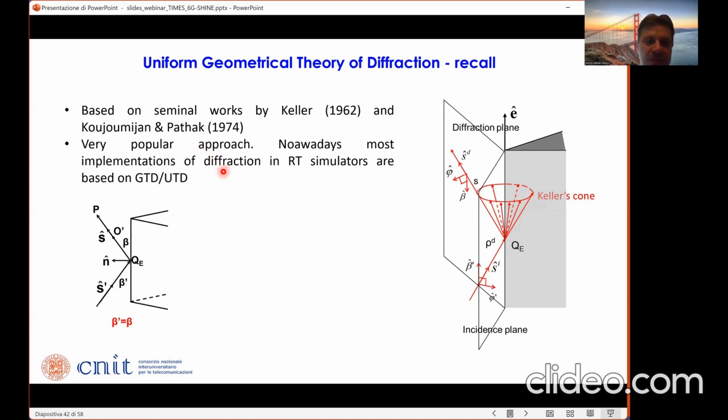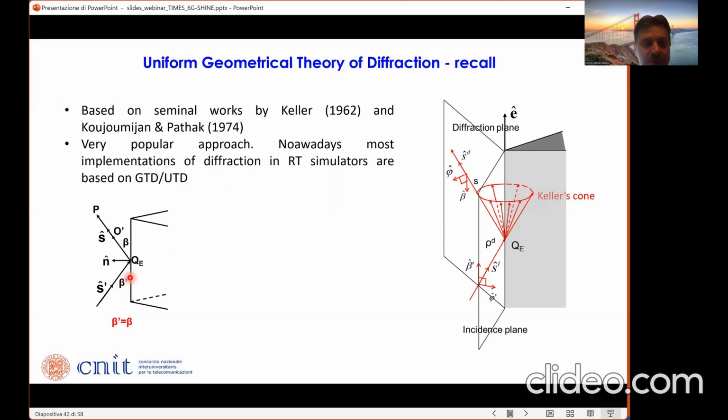So most implementation of diffraction in ray tracing or ray launching tools are based on this geometrical theory of diffraction, where the diffracted field is modeled according to a